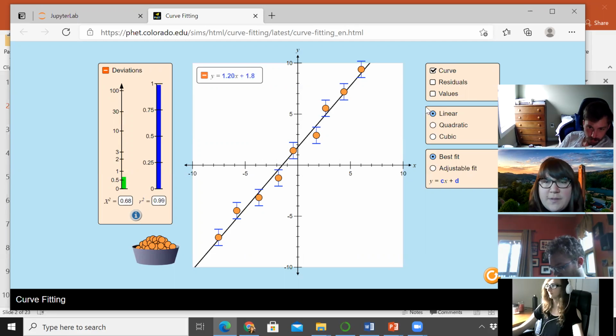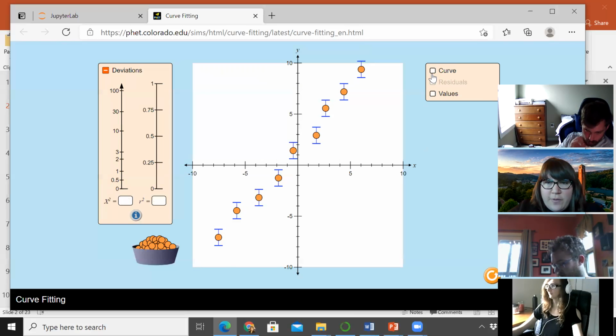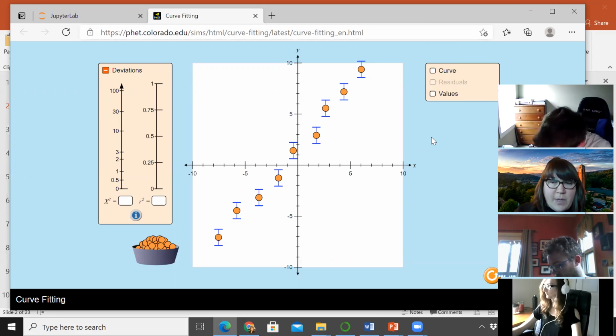Okay, yeah. We've already looked at the data ahead of time without the curve there, and we see that it looks pretty much like a line. And we know that when we took this data, let's say it was the speed of light experiment, we should expect a linear outcome.